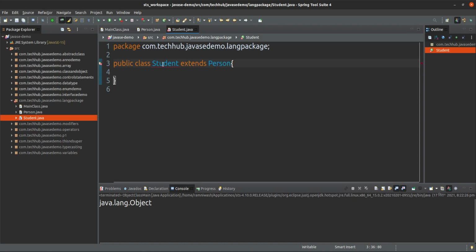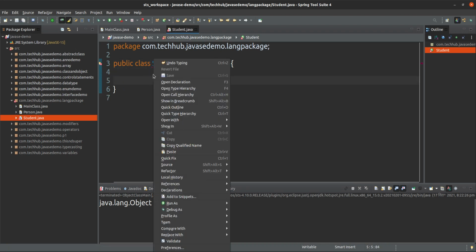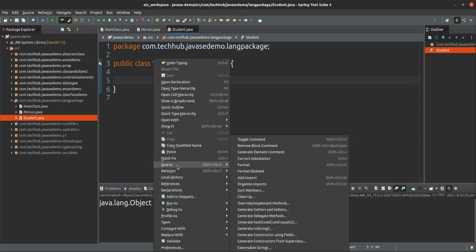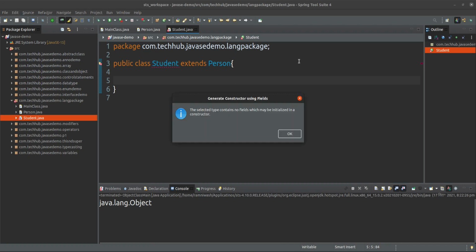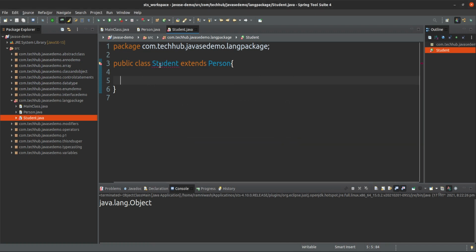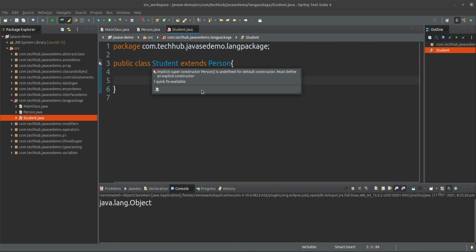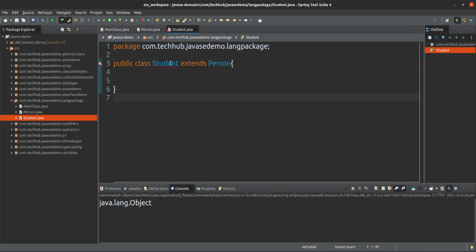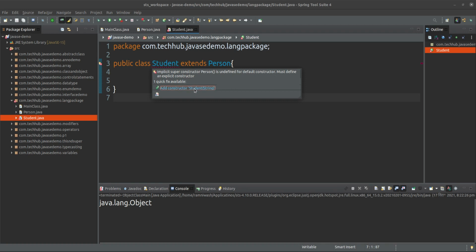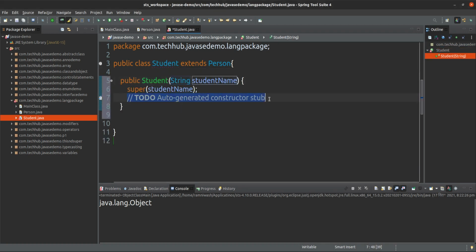In that case I have to create one implicit constructor. That's it.